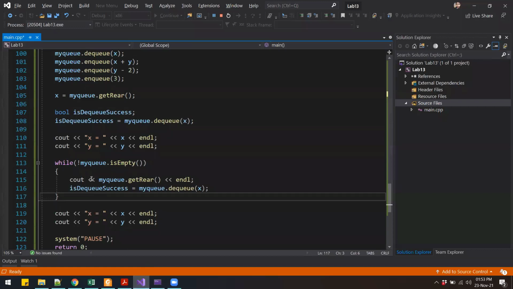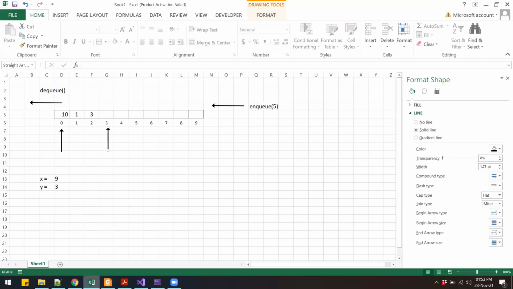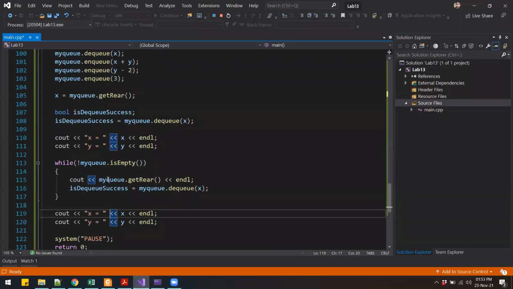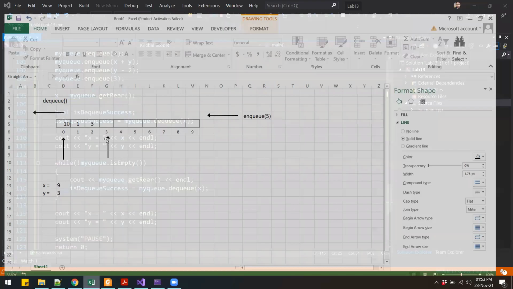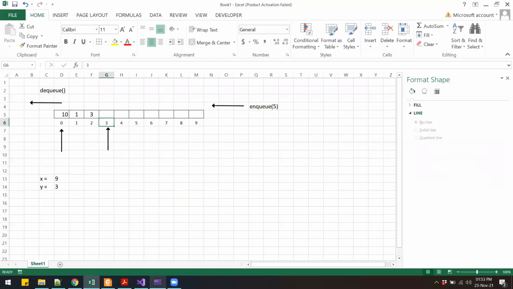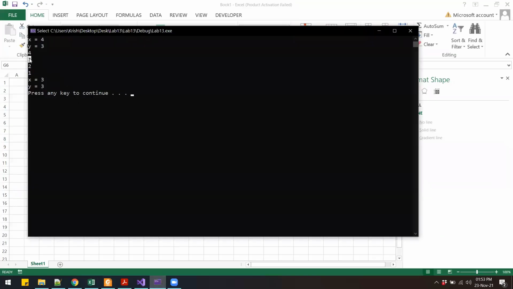Then we check if the queue is empty, right? So it is not empty. Then we get the value of the rear and print. So the value of the rear is 3. So we print 3.